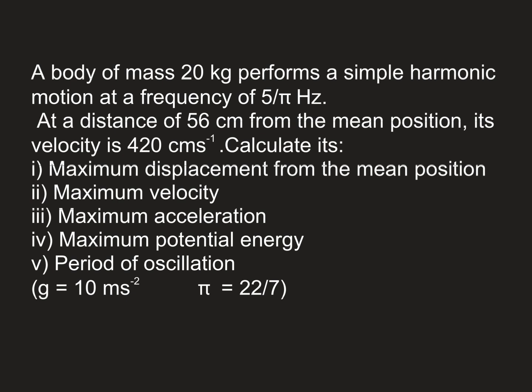Today we are going to solve a problem related to simple harmonic motion, and the question reads: a body of mass 20 kilograms performs a simple harmonic motion at a frequency of 5 over pi hertz. At a distance of 56 centimeters from the mean position, its velocity is 420 centimeters per second. Calculate its